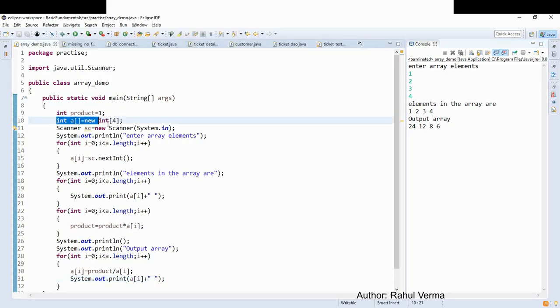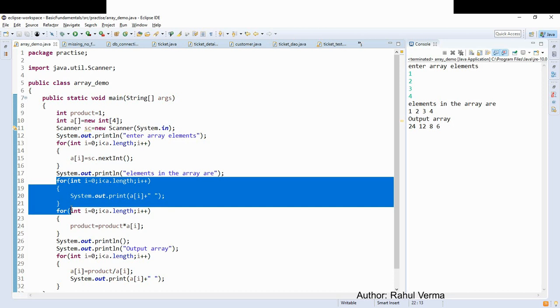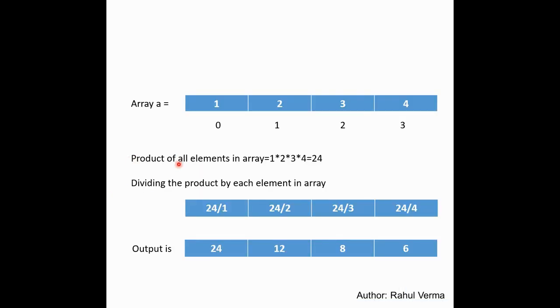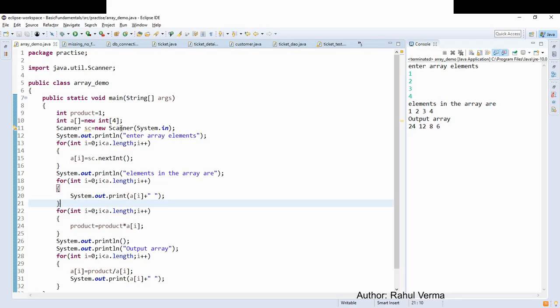So what I did here, first I declared the array of 4 elements. So I declared an array a of size 4, and then I took the input from the user to enter array elements, and for entering the elements I took a for loop, and again I displayed the message so that the user can see the elements in their array. So for that, to display the array or to print the array, I have again taken a for loop,